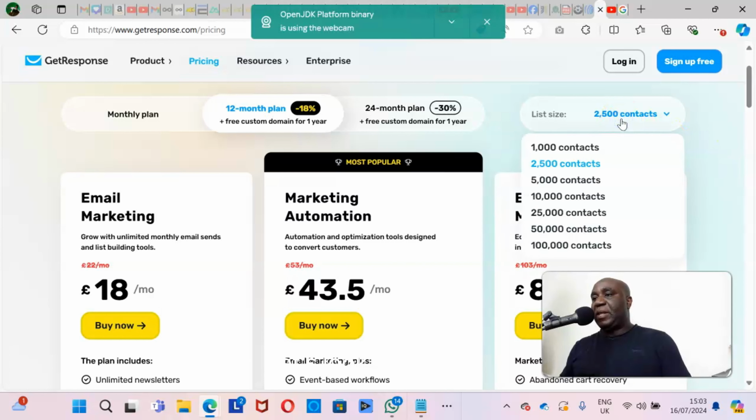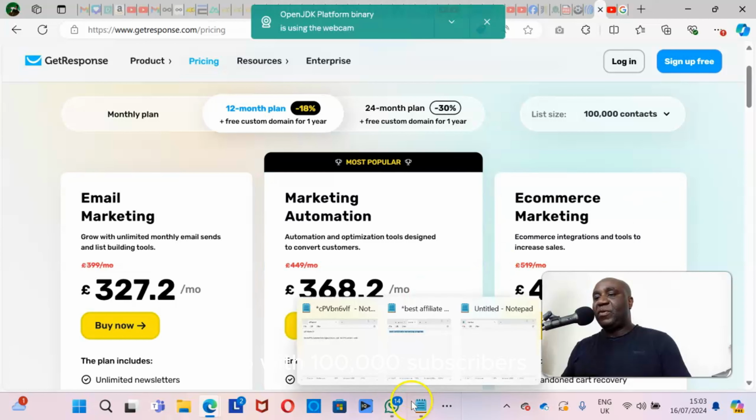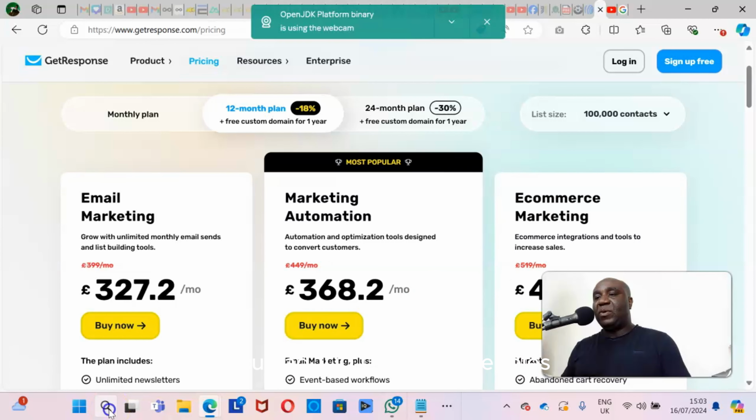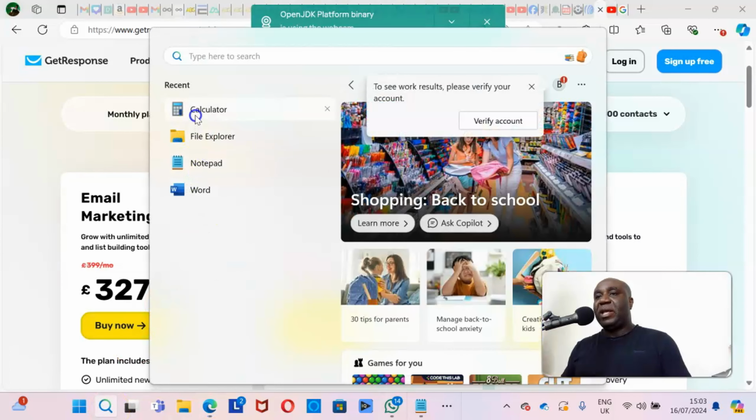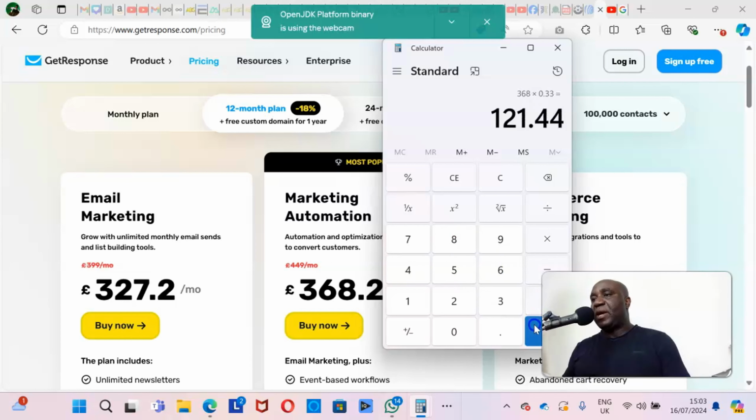Let's look at another assumption. 100 people build their list up to 100,000 subscribers. So with 100,000 subscribers, if you had 100,000 people who have a list of 100,000 subscribers and you sign them up, let's look at the marketing automation plan. £368 times 33% gives you 121. So with 121, we are looking at